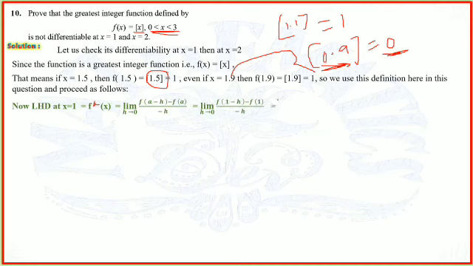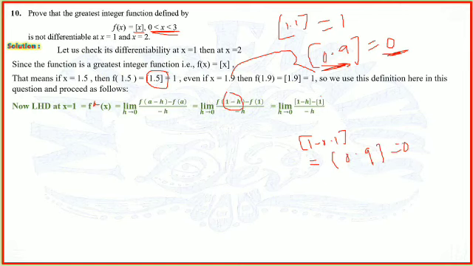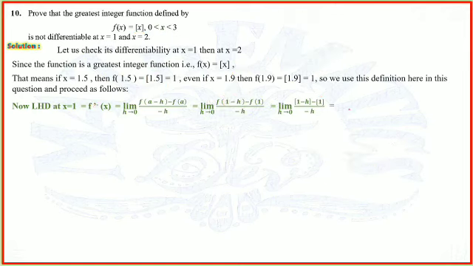Now we'll go for the value of the function. Limit h tends to 0, 1 minus h we will put under the greatest integer function, then minus f of 1, that will remain, upon minus h. As I told you, the value of this h is a very small quantity, let it be 0.1, so 1 minus 0.1 would be 0.9, and the greatest integer of 0.9 is nothing but 0, so its value is limit h tends to 0, 0 minus 1 upon minus h.